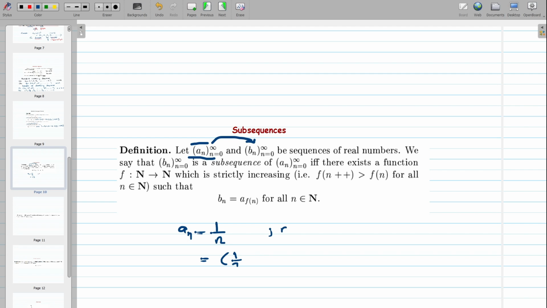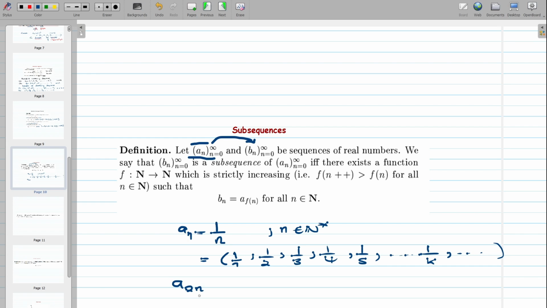And then here, let's specify that n is coming from n star. And then we have 1 divided by 2, and then 1 divided by 3, and then 1 divided by 4, and then 1 divided by 5, and then we can go on, and maybe 1 divided by k, like so, and the terms keep on going, because this is an infinite sequence. Then if we extract this sequence here,